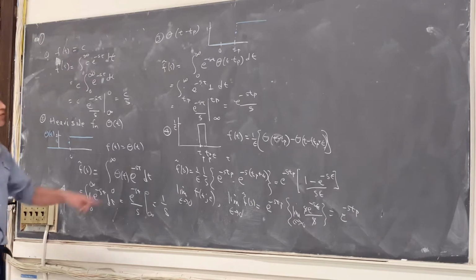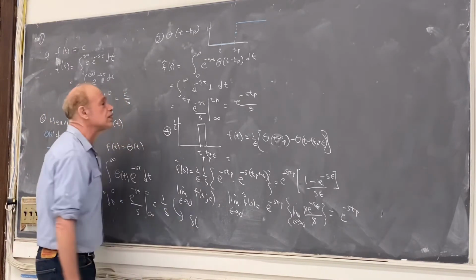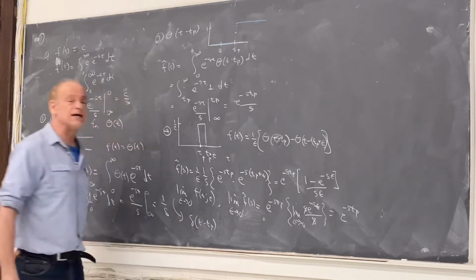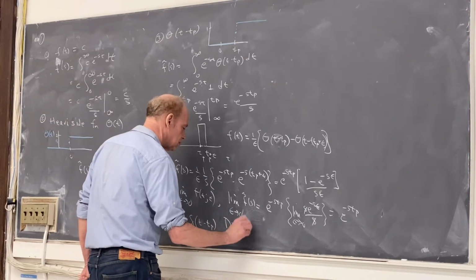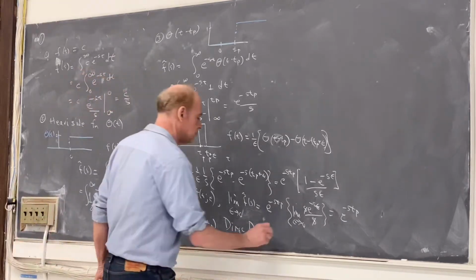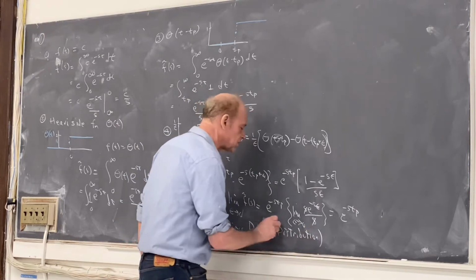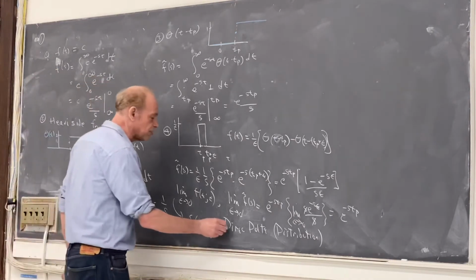So, this limit is called delta of t minus tp, where delta is called the Dirac delta. And the generalized function is often called a distribution. That means it's not really a function, it's something more general, it's a distribution. And distributions come up in probability all the time. That's why you may have heard it before.